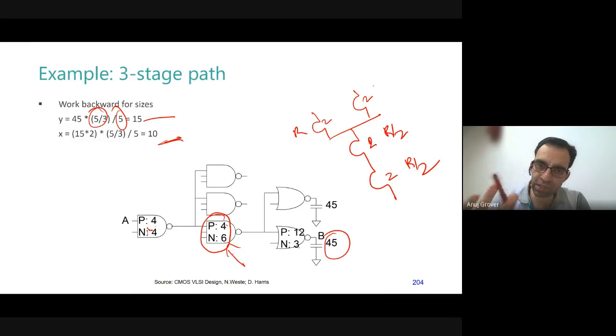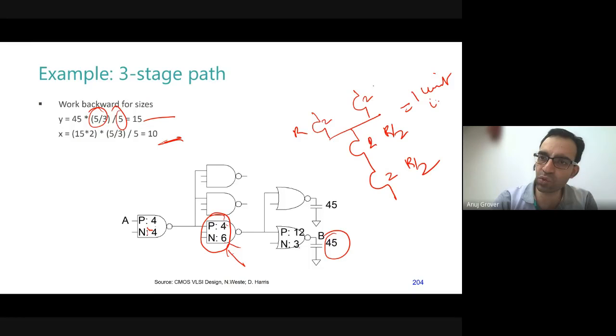You're getting confused. So this is equal to 1 unit size inverter. This is equivalent to 1 unit. इसका डिले जो होगा 1 unit inverter के equivalent होगा. Am I right? Over here, when I say P is equal to 4 and N is equal to 4, I am actually saying each of these devices is 4. Okay. Because for any input, this is 8. Okay, for any input, the total of NMOS and PMOS it is seeing is 8.